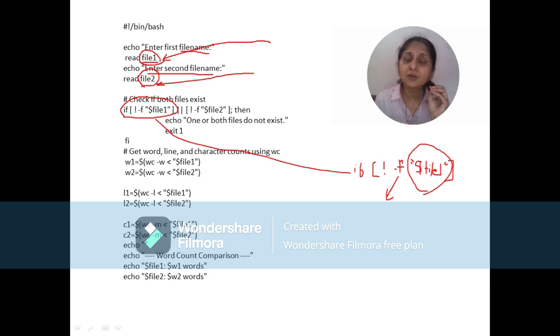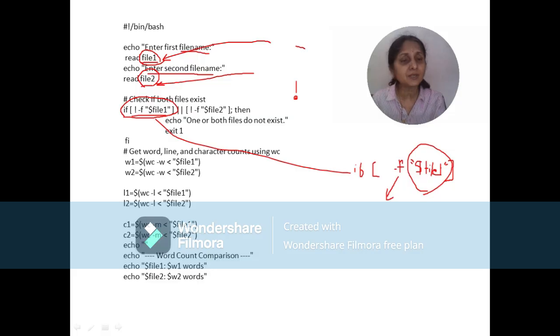If the file does not exist, there are two ways to write the if condition. One way is what we have used in our program, and the second way is, see, I have not used this not operator. Now what is the not operator? This exclamation mark is known as the not operator. Now we are having two if conditions here. For example, I have taken this if condition, and in our program we are having the if condition with the not operator. Now let us first see what happens with this if condition.